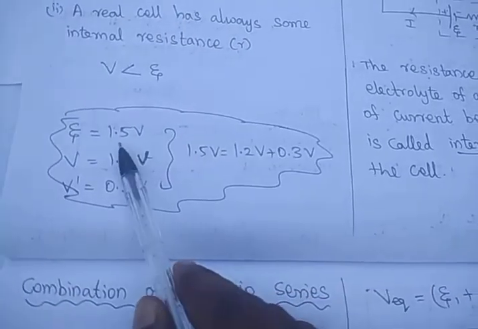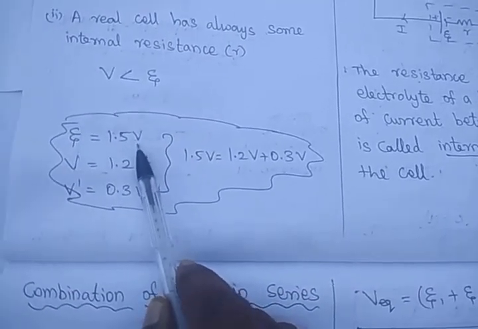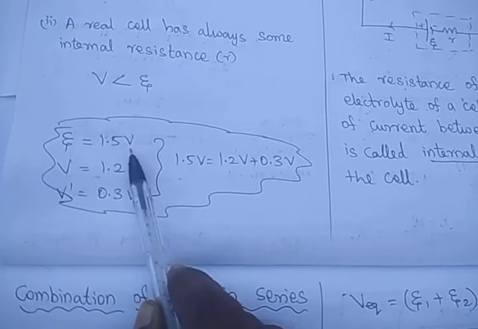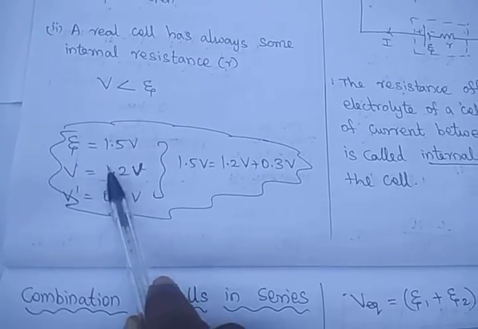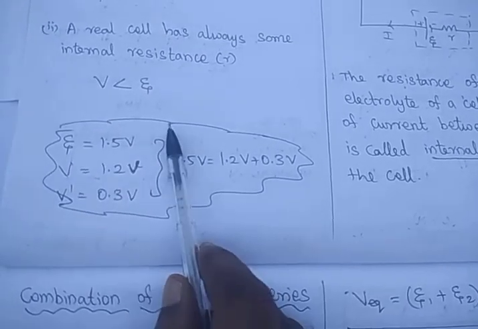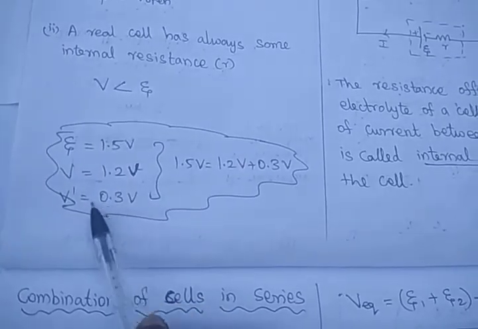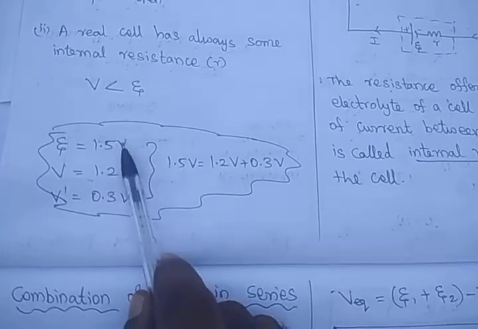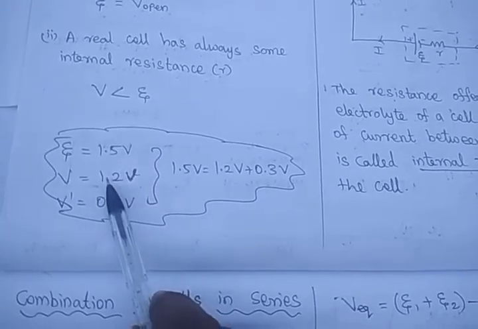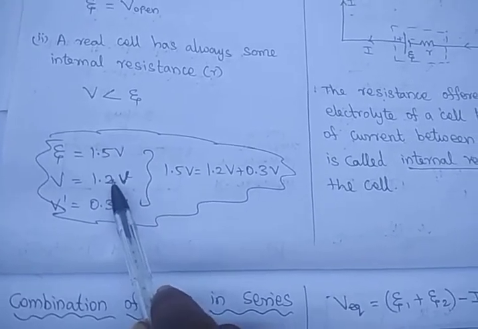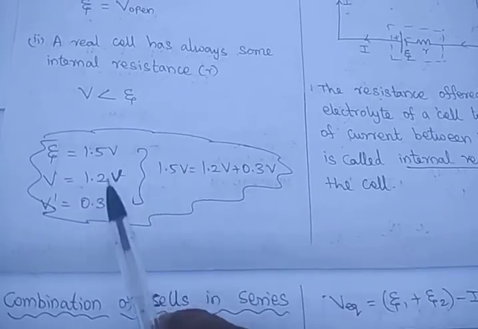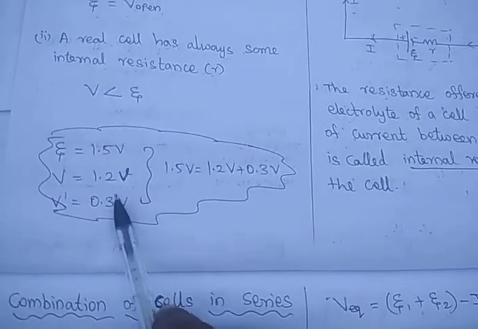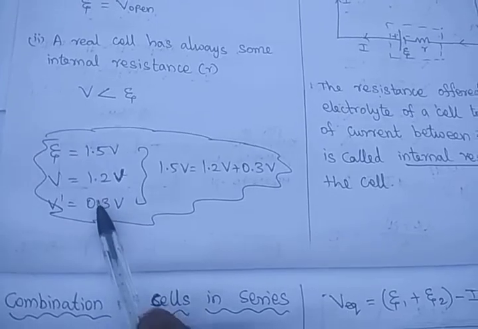That's why we say that if you buy a 1.5 volt battery from the shop, we get only 1.2 or 1.3 volt given as the external voltage. So the remaining 0.3 we are not able to measure. That is, if you connect the 1.5 volt battery to a multimeter, it shows only 1.2 or 1.3 volt. That will be the external voltage. A small amount of the voltage will be spent on the internal resistance in the cell itself.